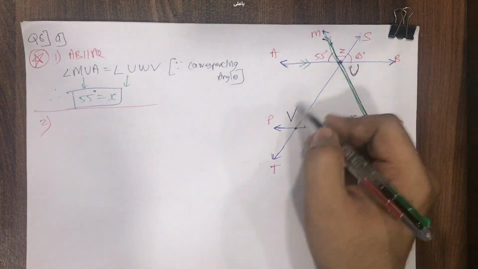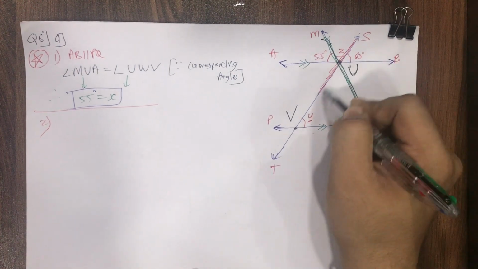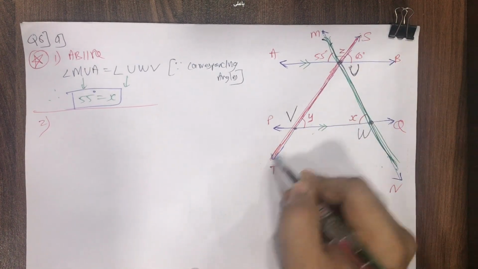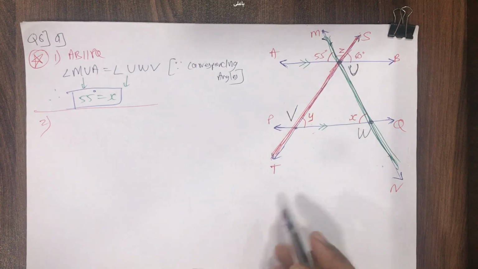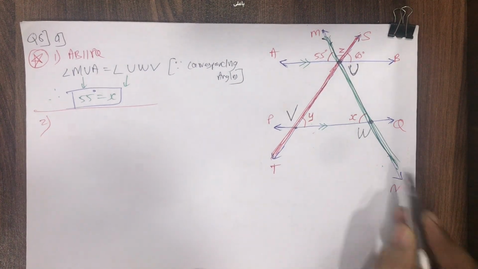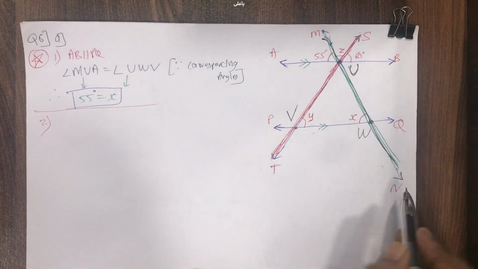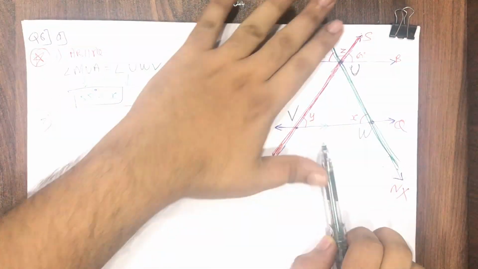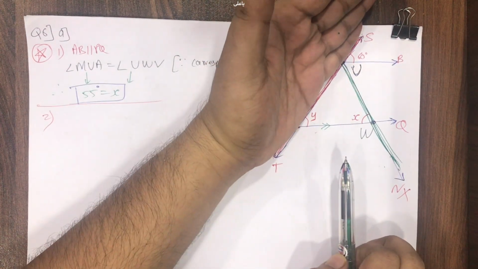Now I highlight this transversal with the red color. Can you all please see this transversal? This red color transversal. Now just don't imagine about this green color transversal. Just don't see that there is the green color transversal. I'm marking a cross over here. Just see this red color transversal. I'm keeping my hand over here, please.